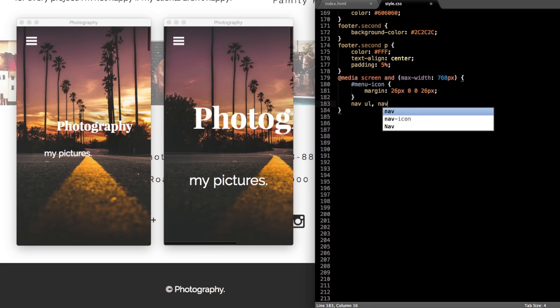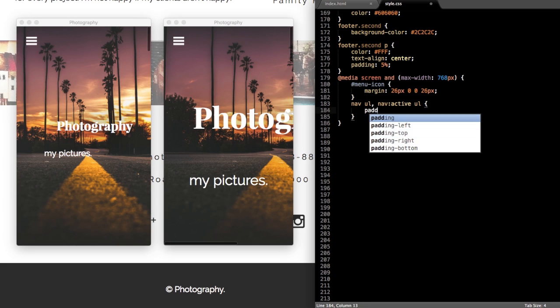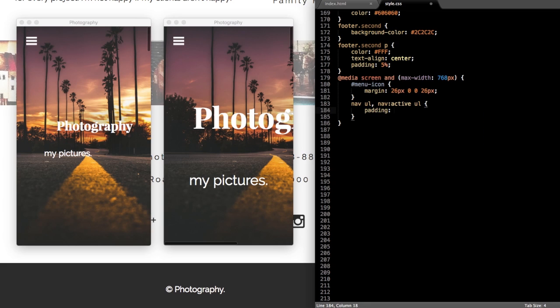So write nav ul and then nav active ul, and then we'll just change some of the padding and margin. So write padding 8 pixels for the top and bottom, and then 0 left right, and then drop down and we'll do